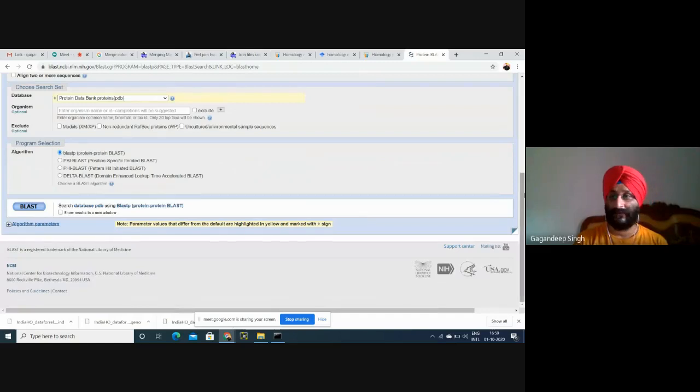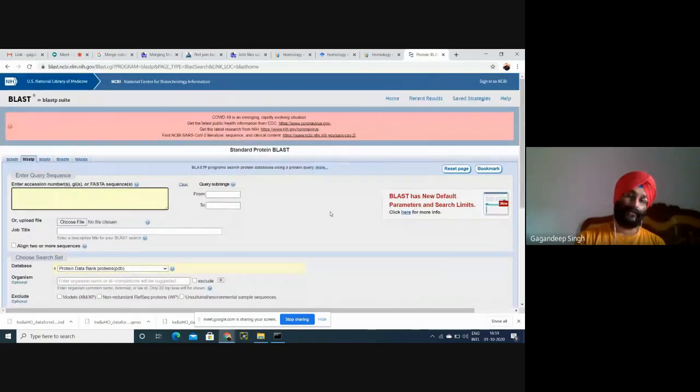It will take some time, 5 minutes or 10 minutes. It will give you a lot of templates like before. At that time, BLAST provided us the results related to accession numbers, but if we BLAST our sequence against Protein Data Bank proteins, it will give us PDB IDs. Okay, now what is the Protein Data Bank database?